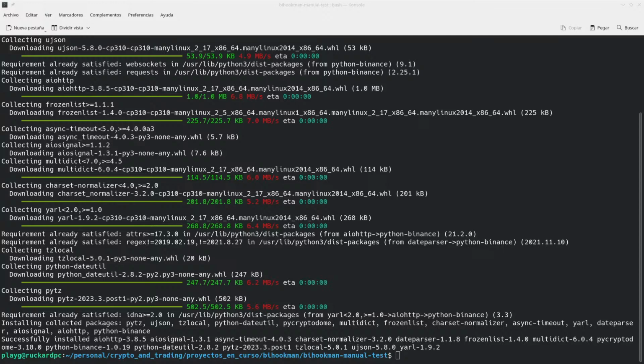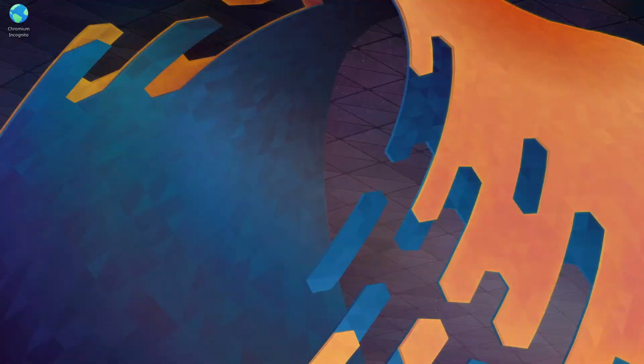Okay, so now I'm going to get the temporary API and so on. Let's see if we can have an API that we can